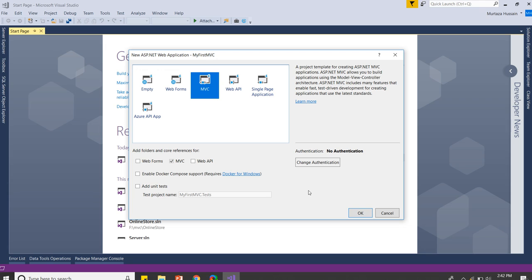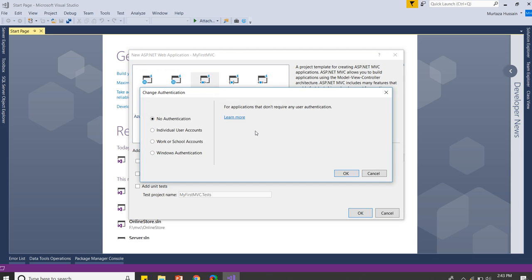From the New ASP.NET Web Application dialog, select MVC if it is not already selected, as you are seeing on the screen. From this panel, you need to select MVC. It is selected by default. You can also change the authentication by clicking on the Change Authentication button. A new dialog box will appear in front of you. Here are 1, 2,